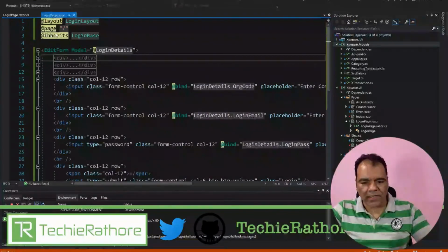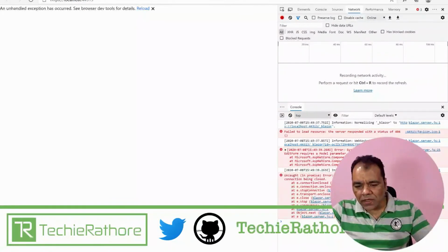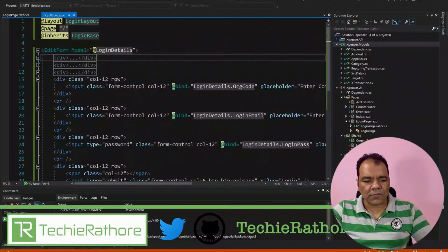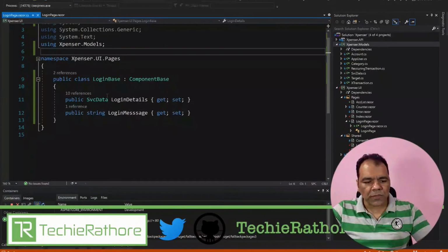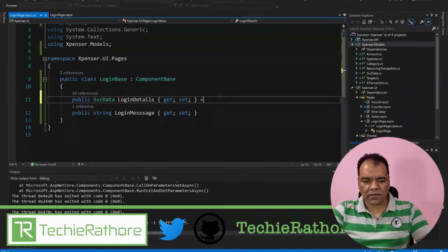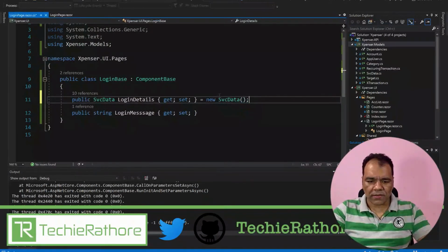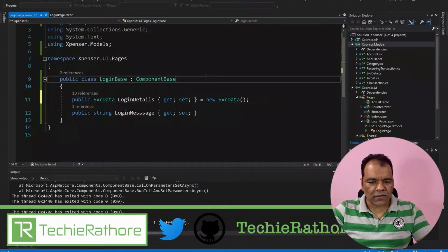The error, if you read here, says edit form requires model parameter or an edit context parameter, but not both. So what is happening is that this particular object, this one, is not initialized at all. There are two ways to initialize this. For now, just to run this code, I'll write new SVC data, like this. So now when I run this thing,